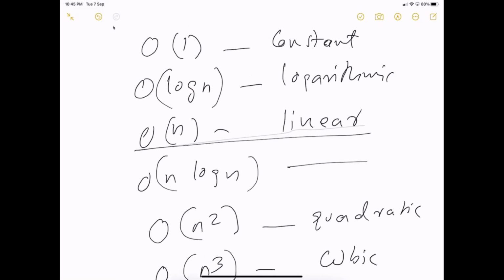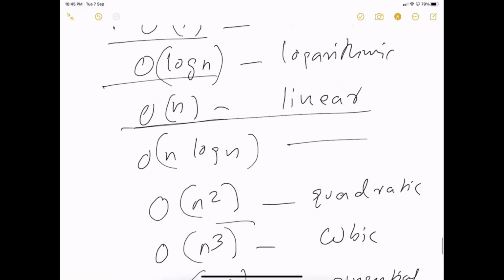So we will learn how to figure out which of these an algorithm belongs to. Once you know that your algorithm is order of 1, or order of n, or order of log n, or order of n square, then you know how to compare. If one is order of n and one is order of n square, then you know the one with order of n is going to be better.